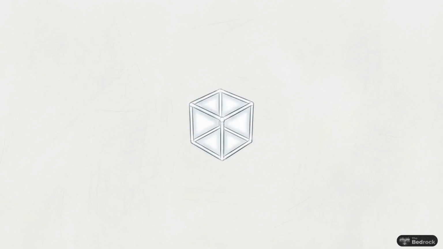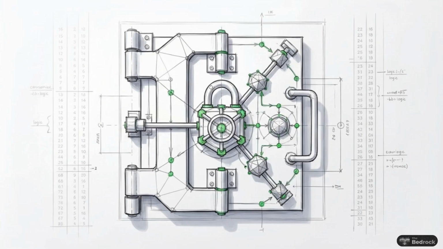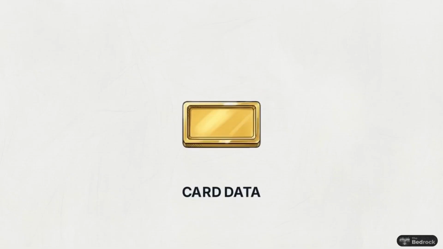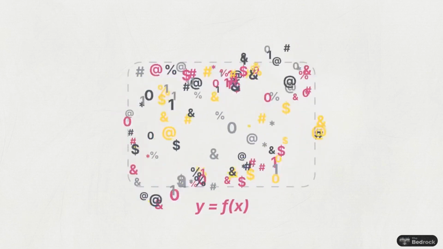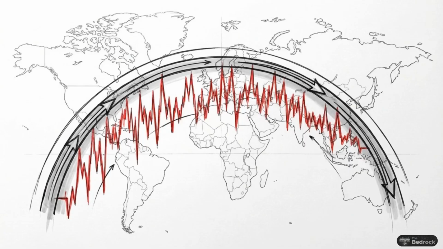It allows a system to take the final output and perfectly retrace its exact steps to recover the original input. F of x becomes x again. This specific mathematical reversibility is the exact mechanism that allows modern encryption to exist. When you purchase something online, a function scrambles your credit card data into seemingly random noise. It travels across the internet completely exposed.